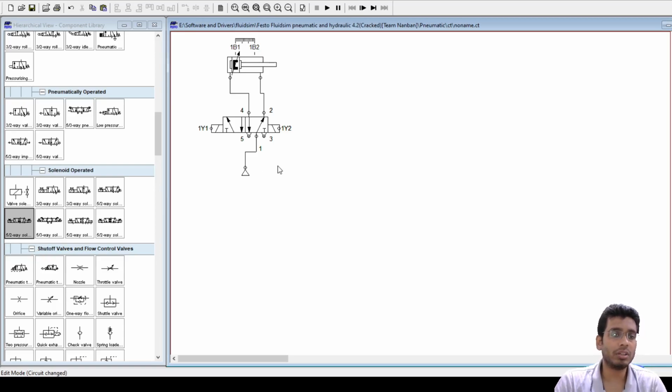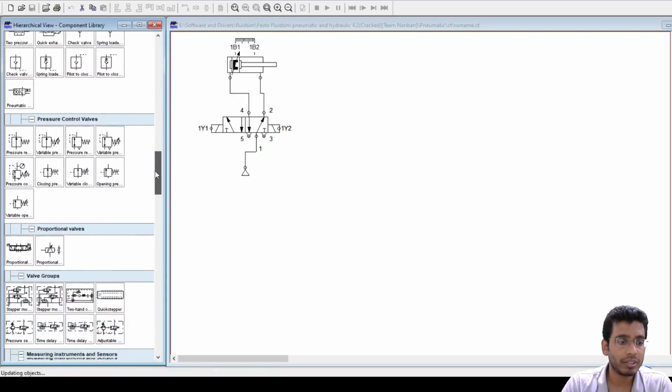Let us now try to draw the electrical circuit diagram for the same, following the conventions that we had studied for an electrical circuit diagram. The convention says all your output elements, such as actuation of your relays and your solenoid valves, will be placed below, and all your signal processing and signal control elements will be placed to the left hand side of the circuit, as well as your main circuit, that is actuation of your solenoid valves in this case, will be placed to the extreme right position of your circuit diagram. Fine. So for that,